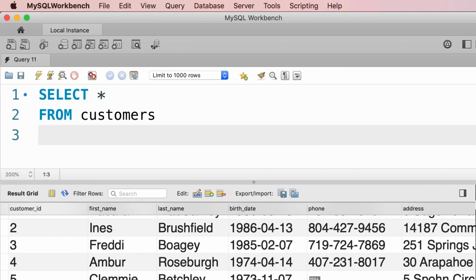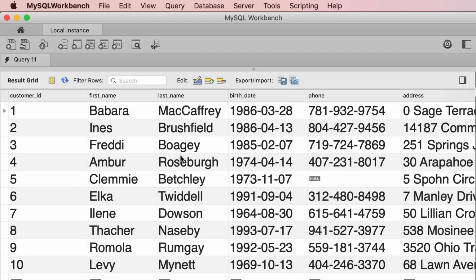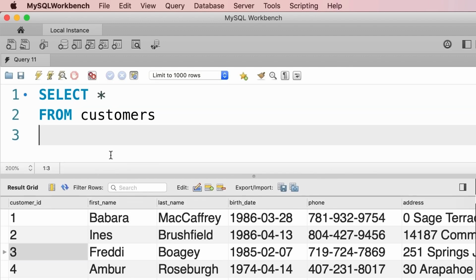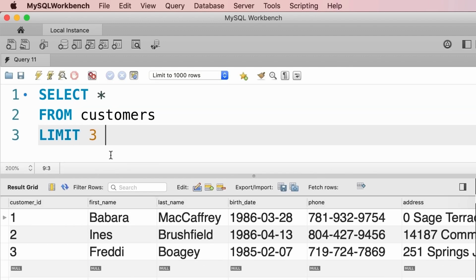In this tutorial, I'm going to show you how to limit the number of records returned from your query. For example, when we execute this query, we get all the customers in the customers table, so we have 10 customers here. Now what if we only want to get the first 3 customers? That's where we use the limit clause. Let me show you. So after from, we type out limit 3, and this will return only the first 3